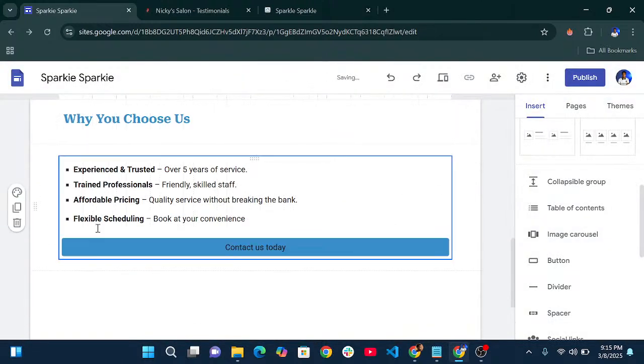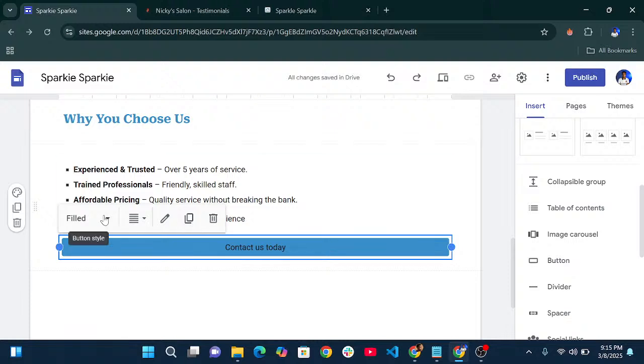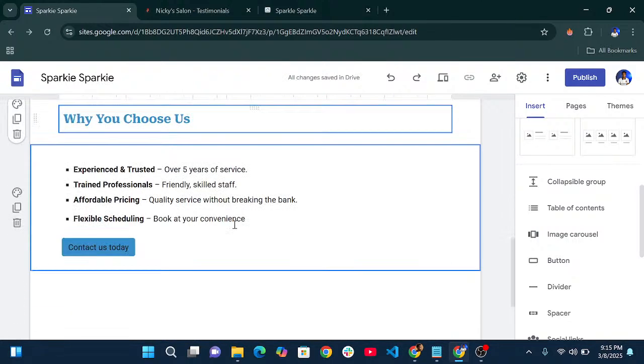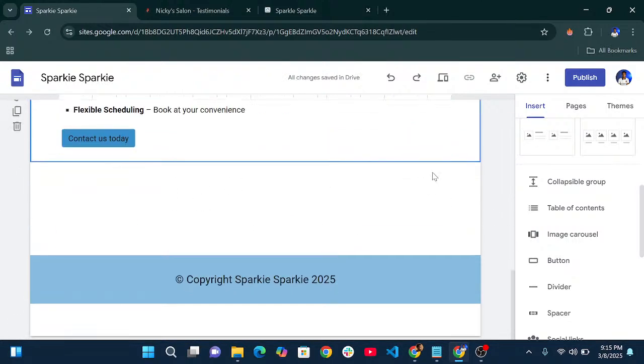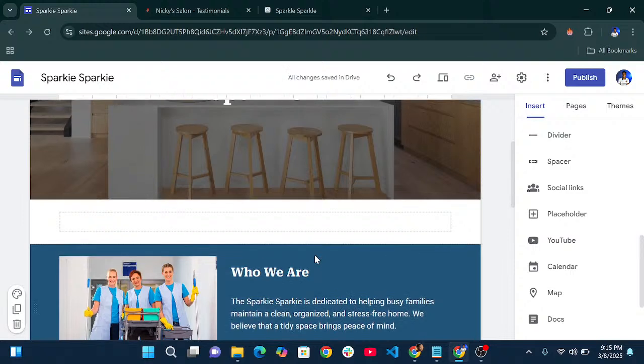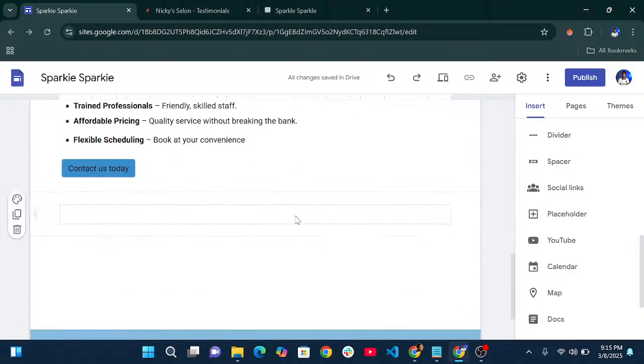Drag this and place it under, and I'm going to edit it, not that, the alignment, and change it to left aligned. So now all we need to do is to just add a spacer after this section. So we're good. Now let's edit the last page, and after editing it, we are going to publish this cool